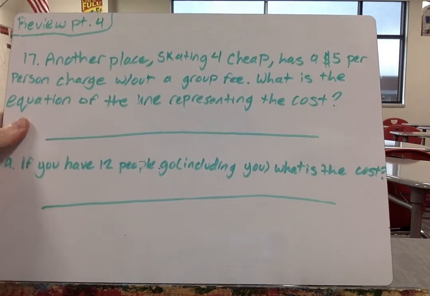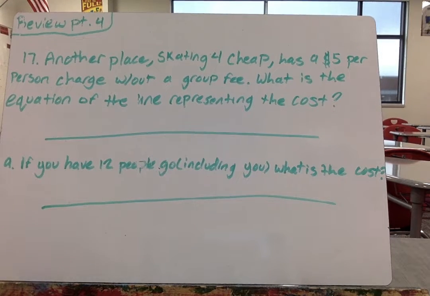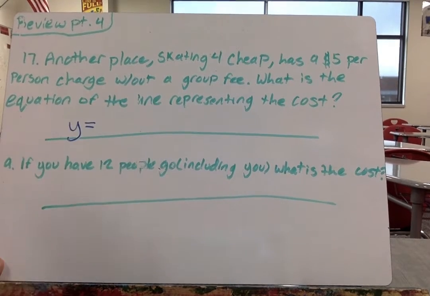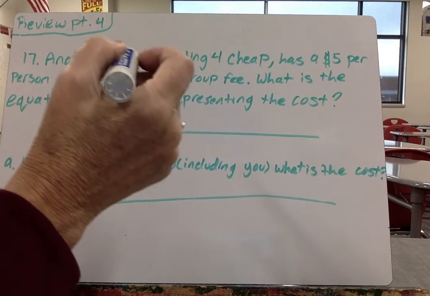Next, number 17, writing equations to represent the following situations. Okay, they talk about going to a birthday party and to go roller skating for your 16th birthday. They say skating for cheap has $5 per person without a group fee. What is the equation of the line representing the cost for going to skating for cheap? So there's no group fee, so we could just say y equals $5,